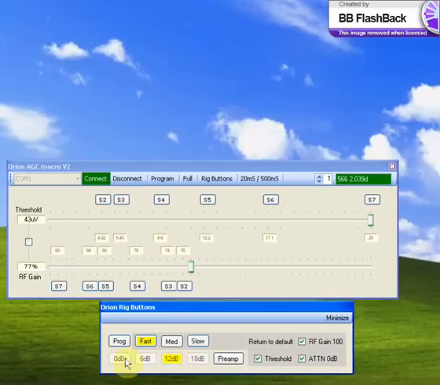You can also see right now that the attenuation buttons are grayed out, they're not available. In order to change the attenuation, you have to go to the proc mode first. And then you can select any of the attenuation buttons to be used for the proc mode. Now what this allows you to do is tweak the proc mode as much as you like, with attenuation, with the preamp on and off. You can change the threshold, the RF gain, and then if you want